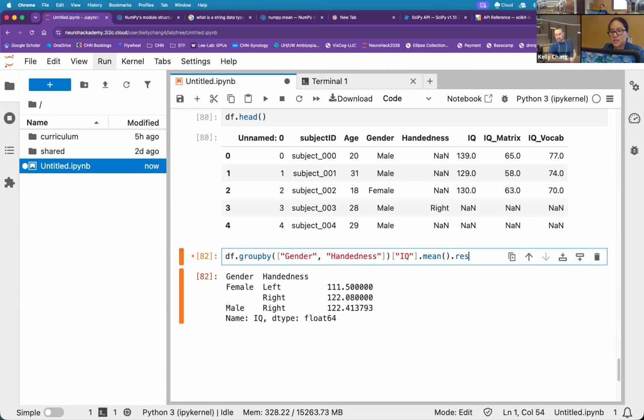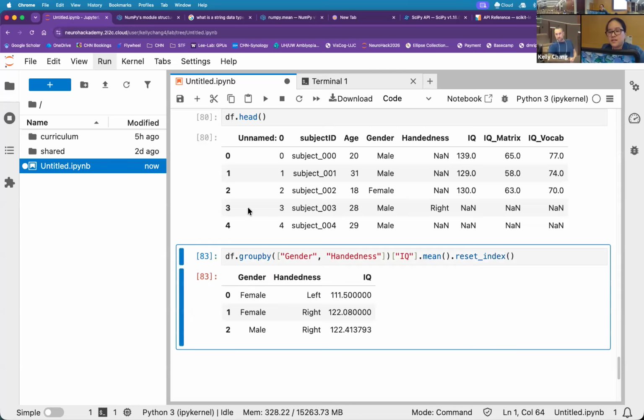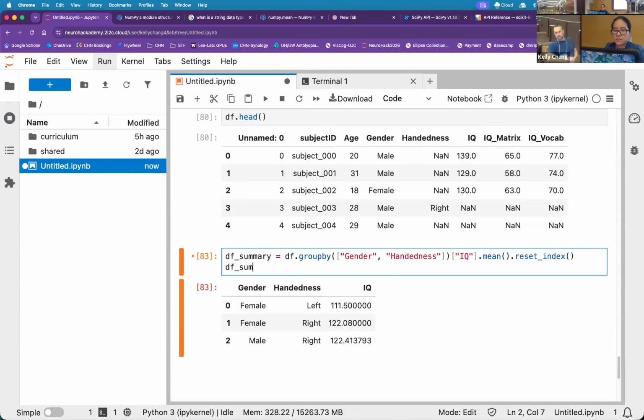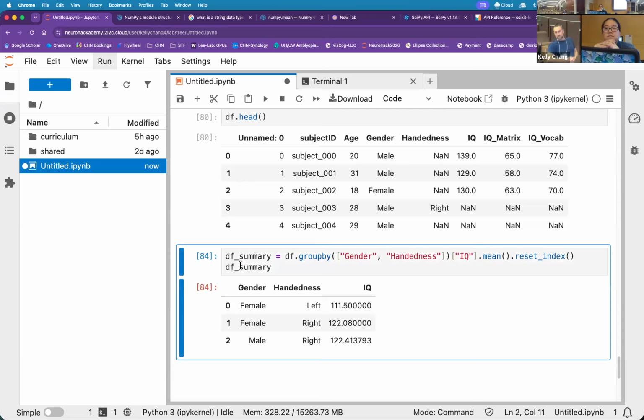If I also do reset index, it actually gives me back my data frame. And so now here's maybe a summary statistic data frame instead. So you can see the power of pandas. We're organizing your data in this way. If people are familiar with tidyverse, it's a very similar thought process. We're trying to group up data, do aggregates on different columns or different summary statistics, or collapse or expand our data sets in a CSV or table-like manner.